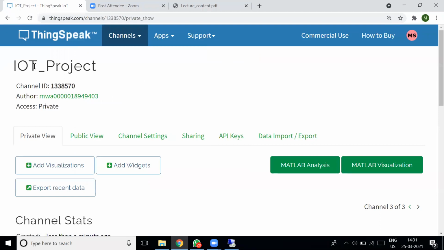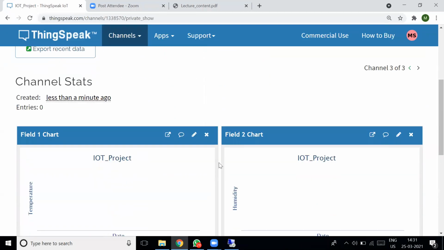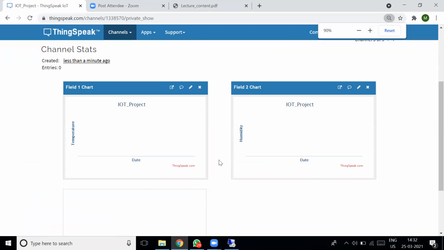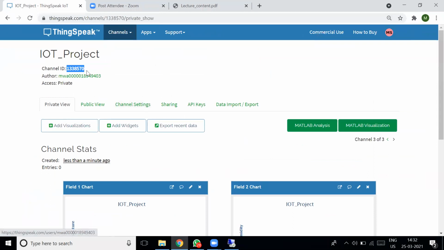Now the IoT_project channel is created. This is your channel ID, right? Here you can find the API keys, so just press here.